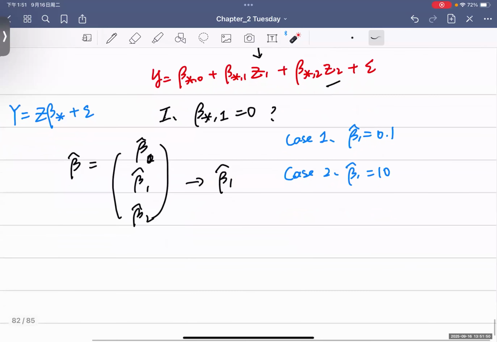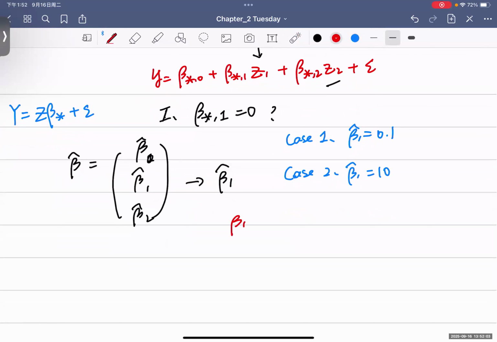Now, for example, in either case 1 or case 2, I first assume that beta star 1 is equal to 0. Then I can easily figure out that this term will be close to a normal distribution with mean 0 and a corresponding variance. For example, I use sigma 1 square. Of course, we can compute what sigma 1 is. This sigma 1 comes from the sigma square Z transpose Z inverse matrix, which is a